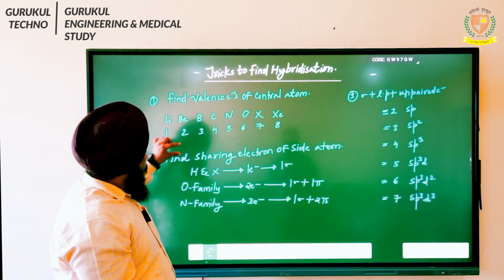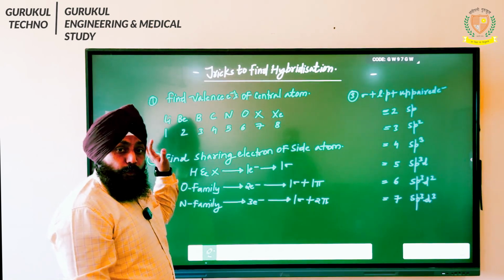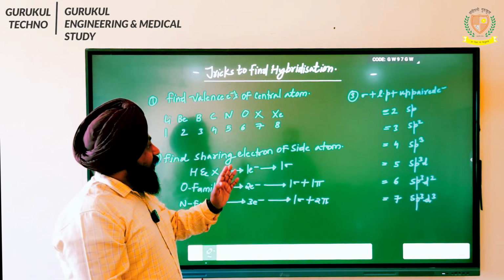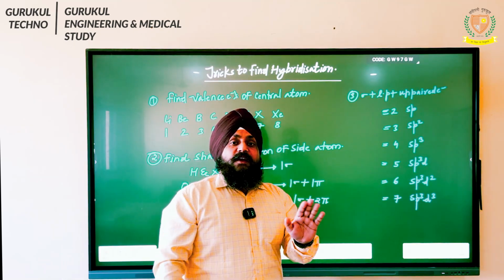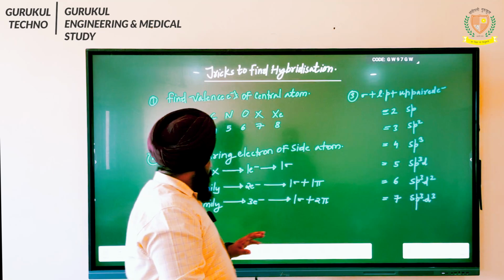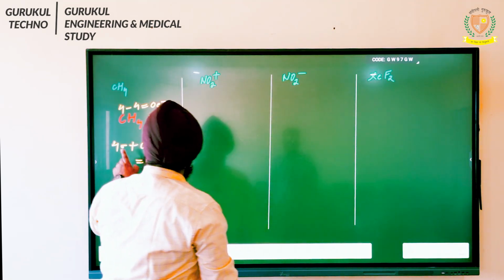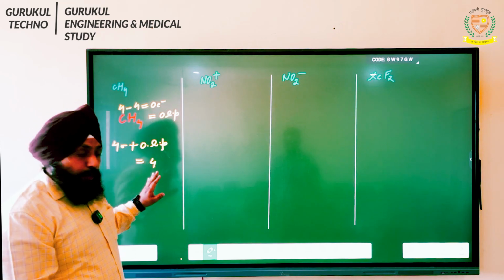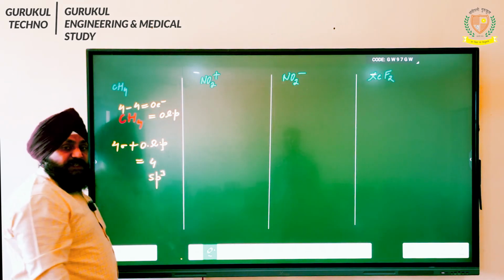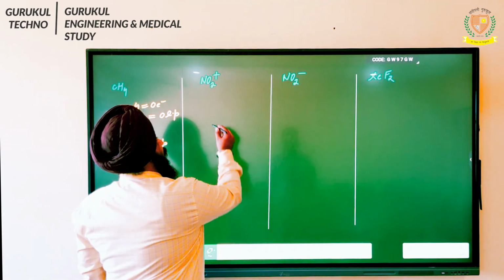So students, what we have seen is for carbon we have seen the valence electron of the central atom is 4, and the sharing electron of hydrogen was 1. So it was 4 minus 4. Why? Because there were 4 hydrogen. So you are getting answer as 0 electron. If it is 0 electron, you say it is 0 lone pair. Okay, when you carry out the sum of that lone pair and sigma bond, you will be getting it as 4. So students, here the hybridization is sp3. Likewise, we will be calculating it for NO2.